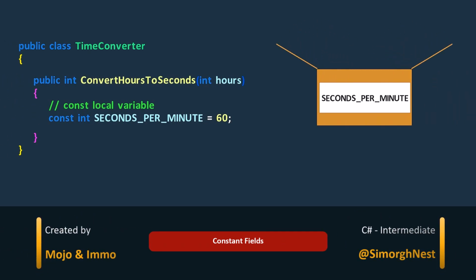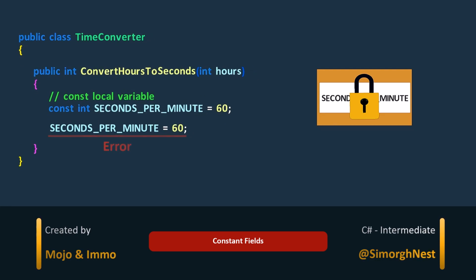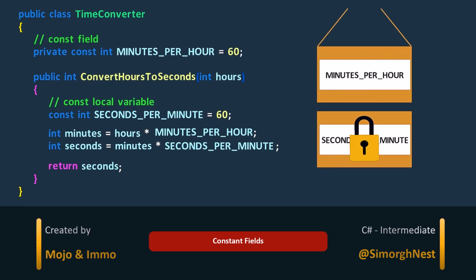In the basic course, we talked about constant local variables. These variables must be set when we declare them and cannot be changed later in the program. Similarly, because the field is a variable declared inside the class, we have the option to make it a constant. In simple terms, constant fields and locals are not like regular variables because we can't change their values.